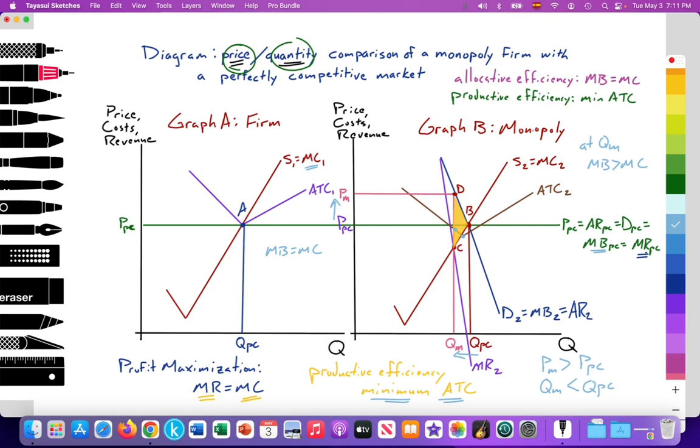Hopefully this was helpful in comparing these two market structures, highlighting advantages and disadvantages in terms of price, quantity, productive,